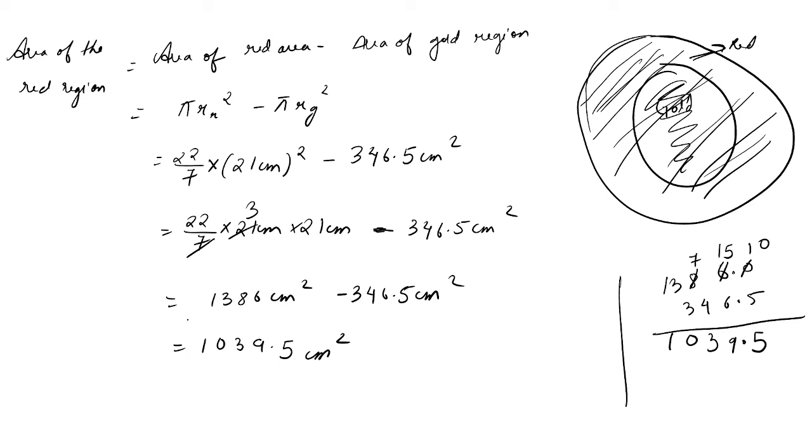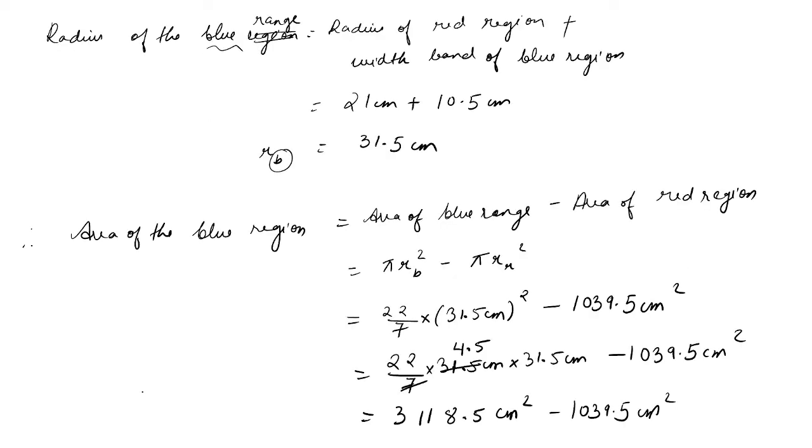Alright, 31.5, so 22 by 7, 31.5, 3118.5 minus